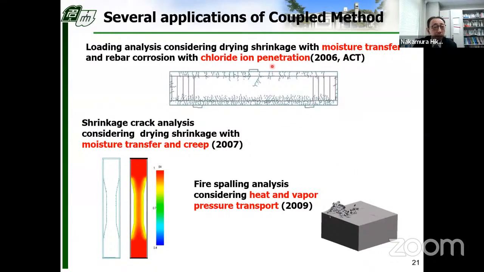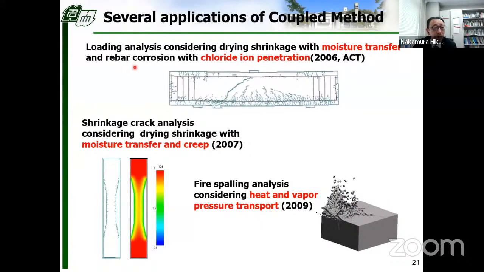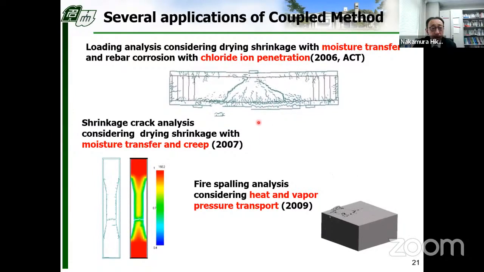These are several applications of the coupled method. This is a loading analysis concerning drying shrinkage with moisture transfer and rebar corrosion with chloride ion penetration. And cover spalling is observed due to the corrosion crack along the rebar. So the corrosion crack along the rebar occurred by considering the chloride ion corrosion process, and applying the load due to the arch action,